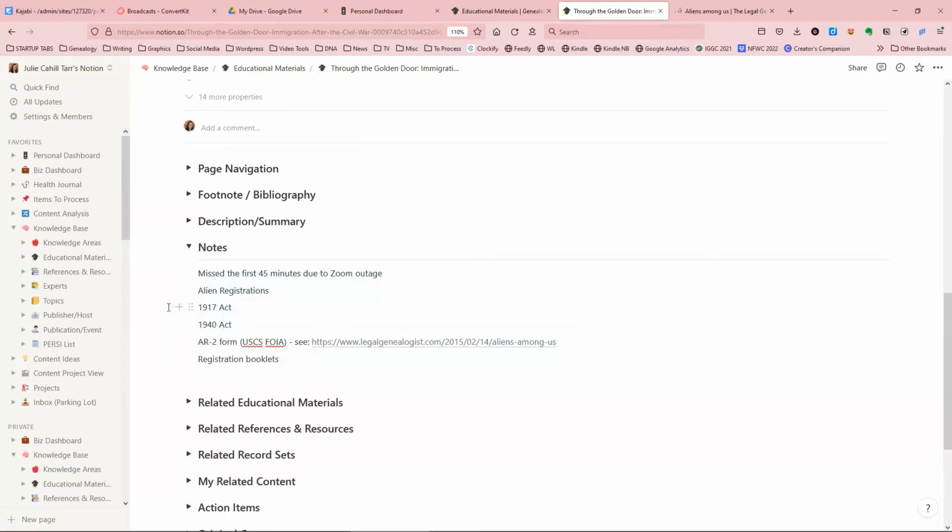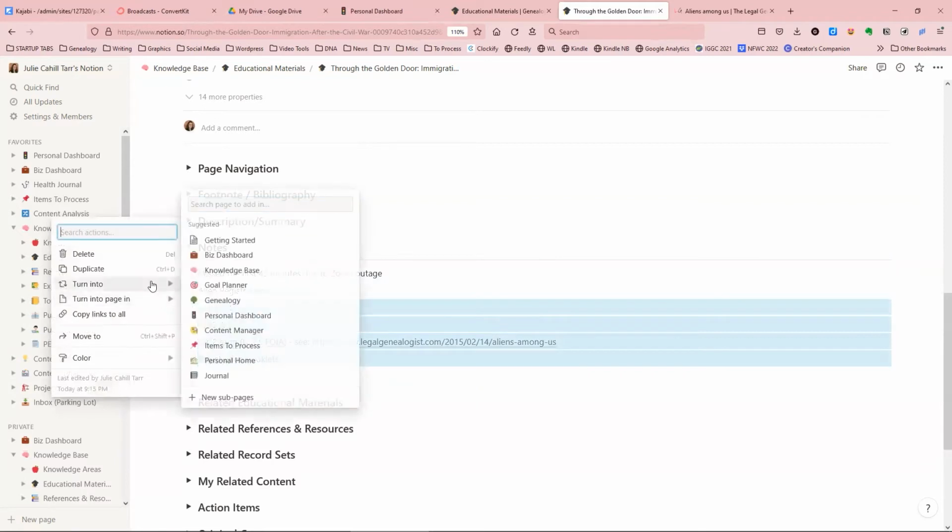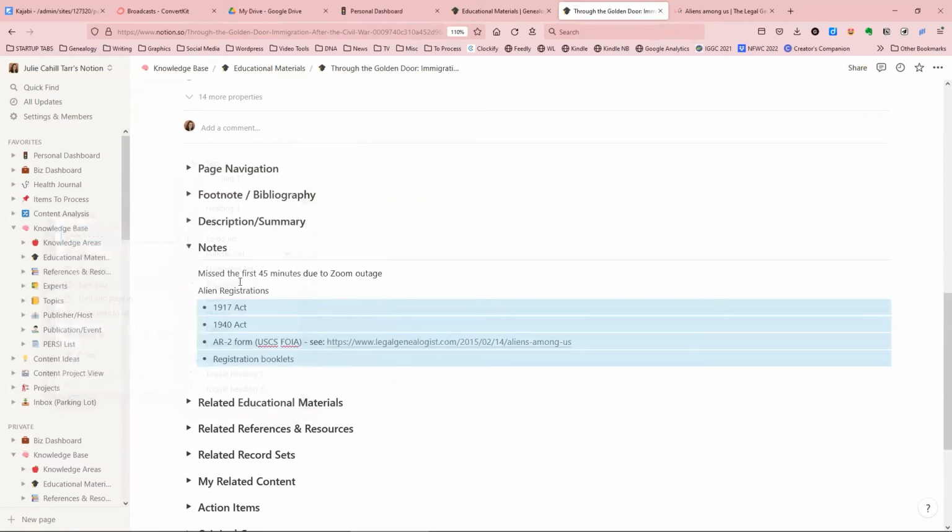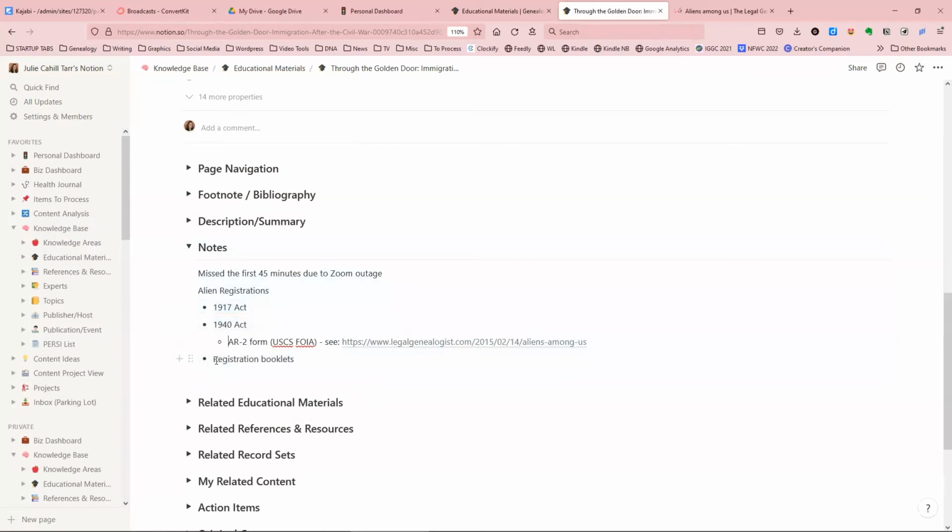But I'm going to turn this into a bulleted list, and then I'm going to bold this. So that's basically the one thing I got out of it. And the other thing that I got was check the want ads in the newspaper for negative sentiment toward